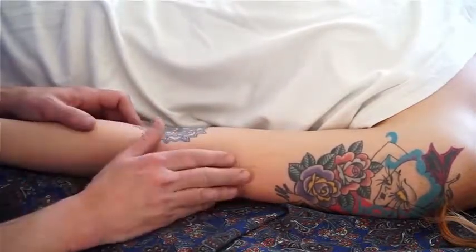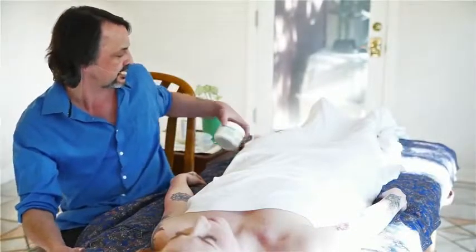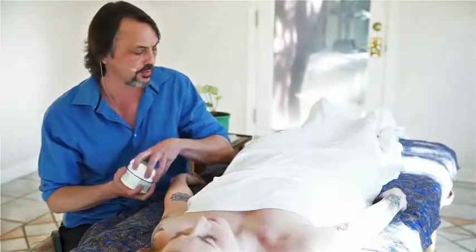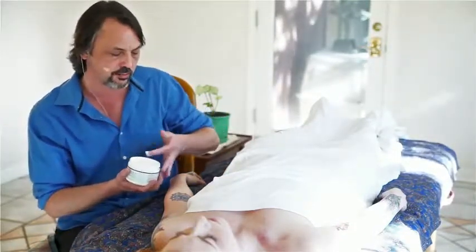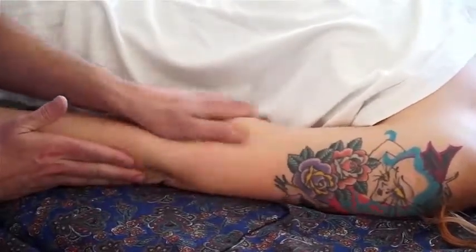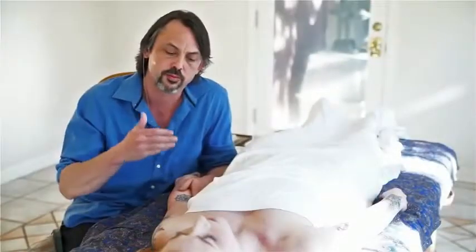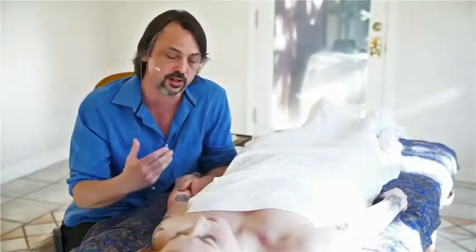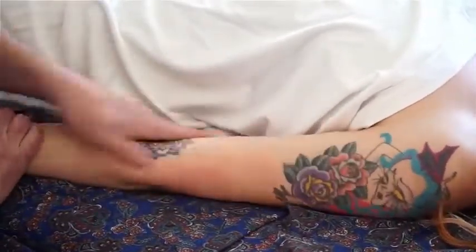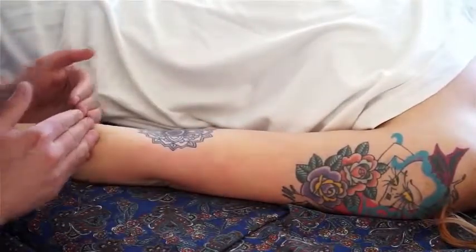So you can do hot or cold. The product that I've been using for the last 15 years is called Sombra, and they have both a hot and a cold gel. But I am going to use both, because in trying to work with the gate theory, I want both the hot and the cold stimulation. One or the other will work, or whatever topical analgesic that you have at home, but this is what I use. So we're going to come up, and we're going to go above the joint and below the joint, utilizing